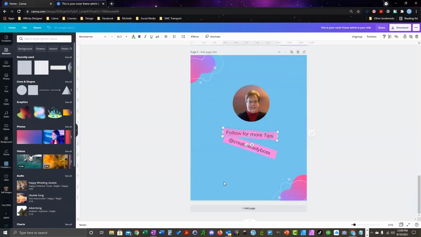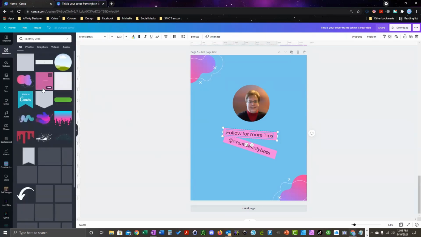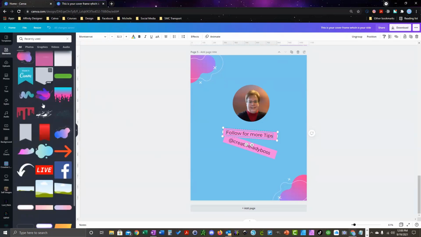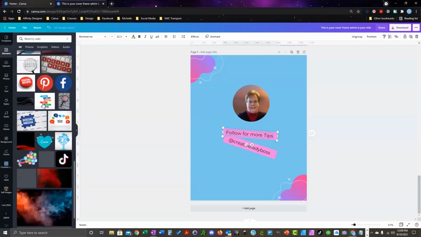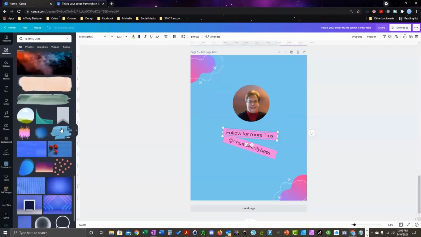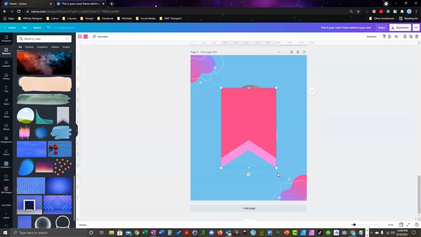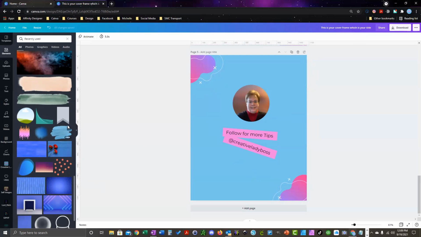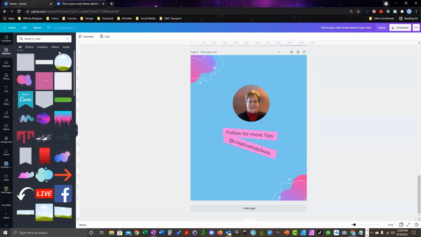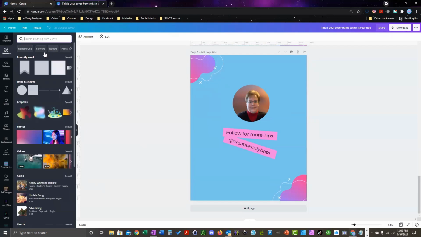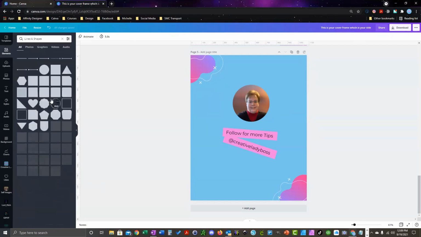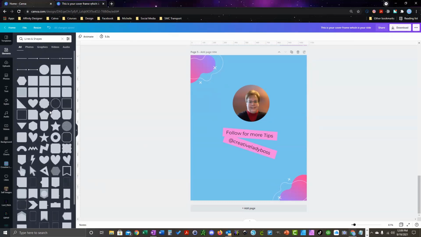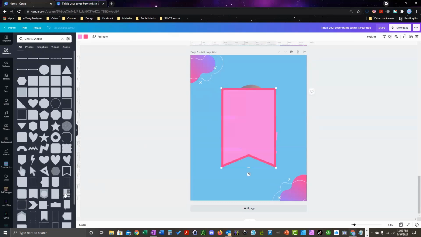So basically that is my end frame. Then what I want to do is bring in, let me see my recently used. And we are looking for, you know how in Instagram you have the little save option? So it is this, it's not this exact one. Let me go to lines and shapes. And it is this one right here,